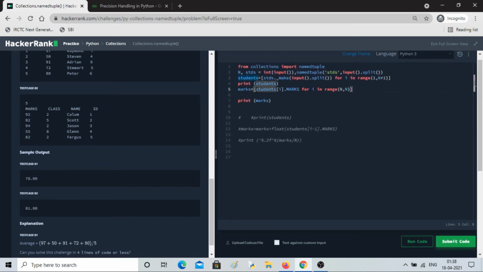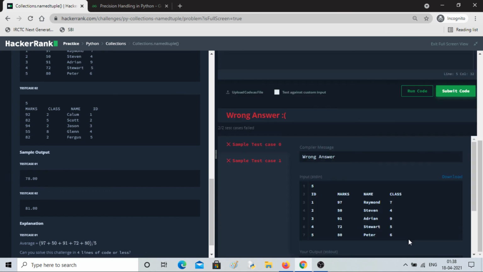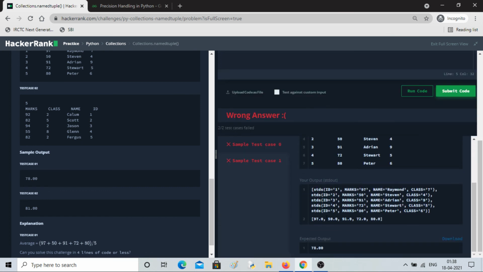Let me convert it into float also. Okay, float, marks will be in float. Now let's print. So we have everything in float. So what we have to do is sum each element, so we have to take the sum of the elements.